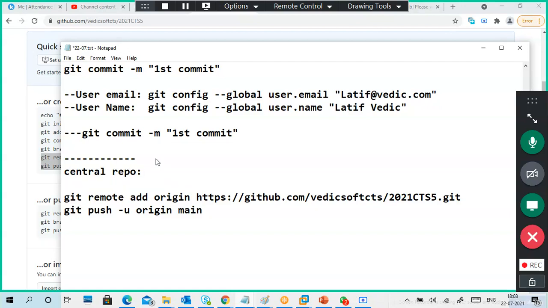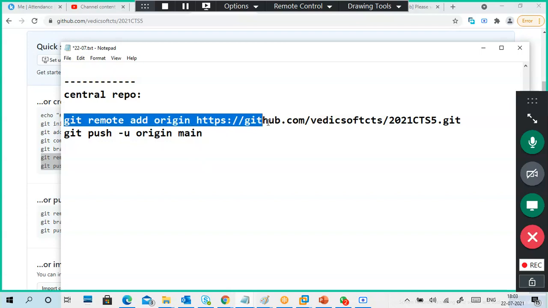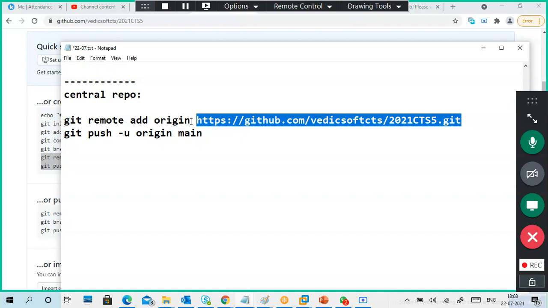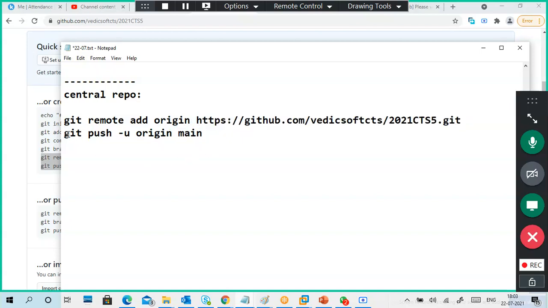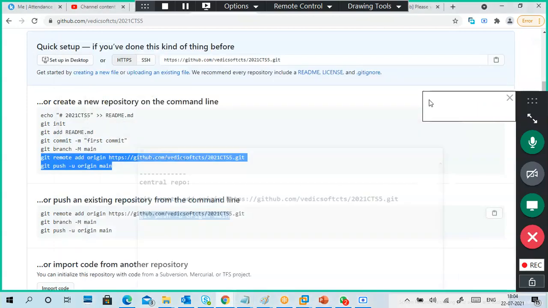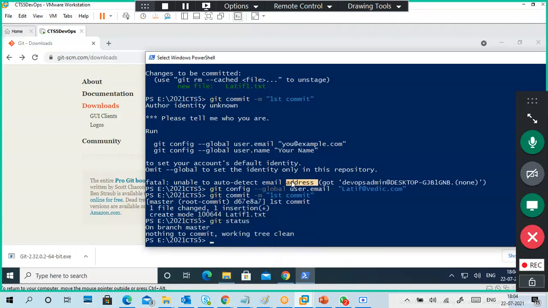Adding your information to the central repository. This link information is added to the .git file in the local repository. The link information will be added. This is the final push. This is the final one, pushing. So we'll see, here it is.